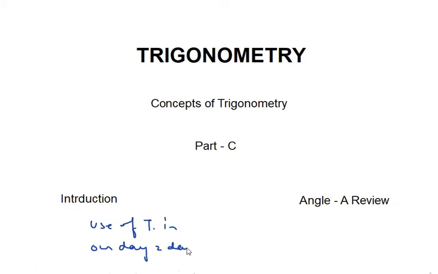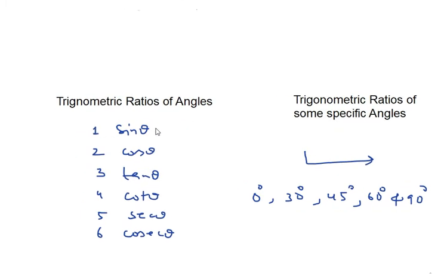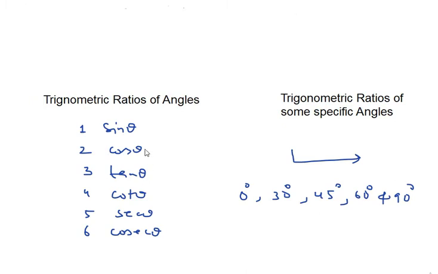day-to-day life. Okay. Now, in the connection of this, in the first video, I have also explained to you what is an angle, what is the meaning of initial arm, terminal arm, and vertex. I believe you remember that. And in second video, I have explained to you trigonometric ratio of angles, sine theta, cos theta, tan theta, cot theta, sec theta, and cosec theta.